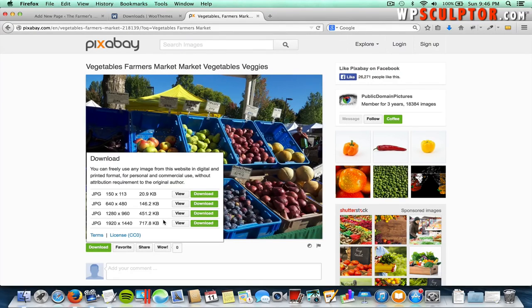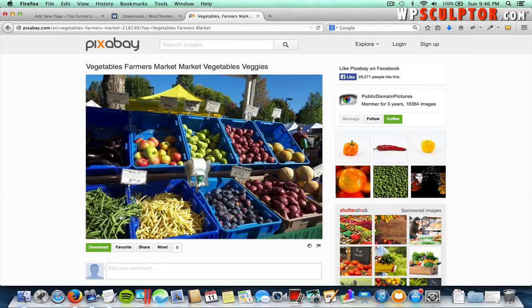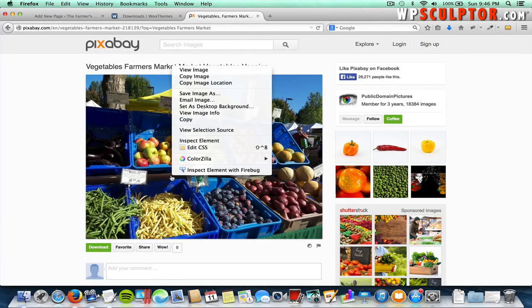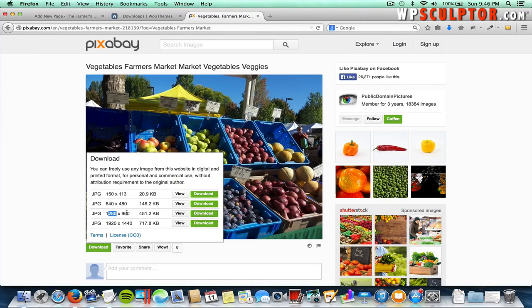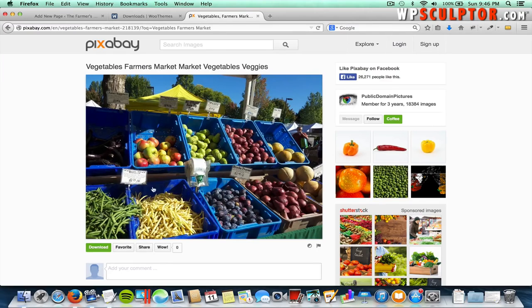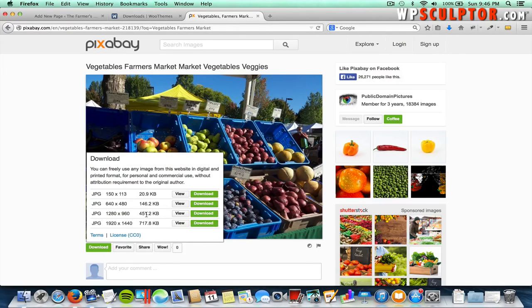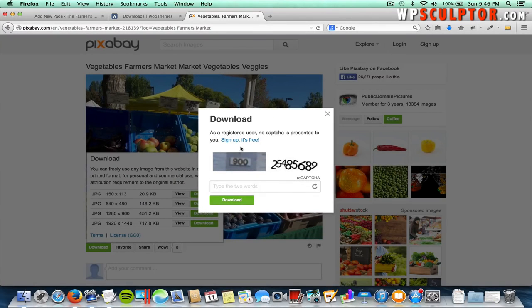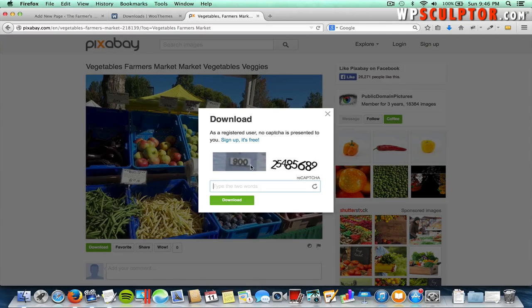without losing quality. So I almost always get the 1280 by whatever the height is. Sometimes the height varies, but usually you'll have a 1280 pixel wide option. So I usually download that one. So I'm going to click on download. If you have an account, you don't have to do this step, but otherwise you would just have to type in the CAPTCHA. So I would just type in